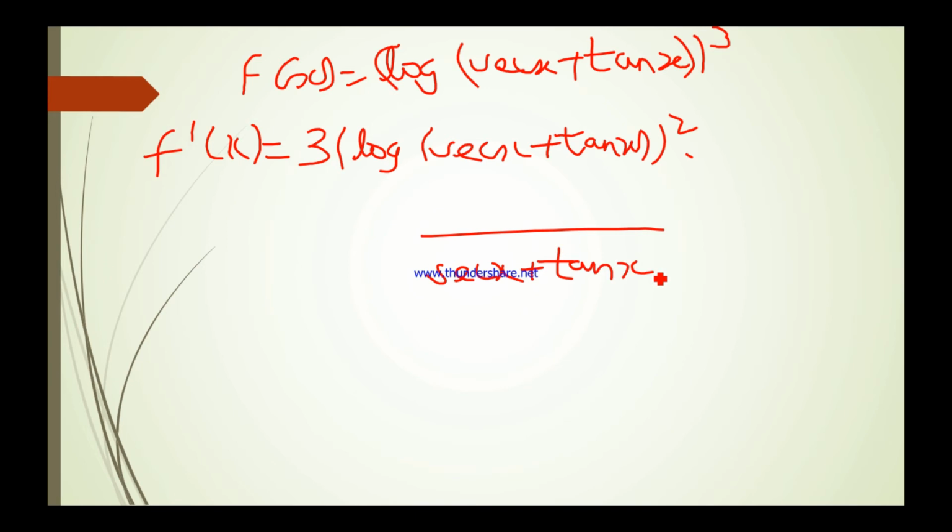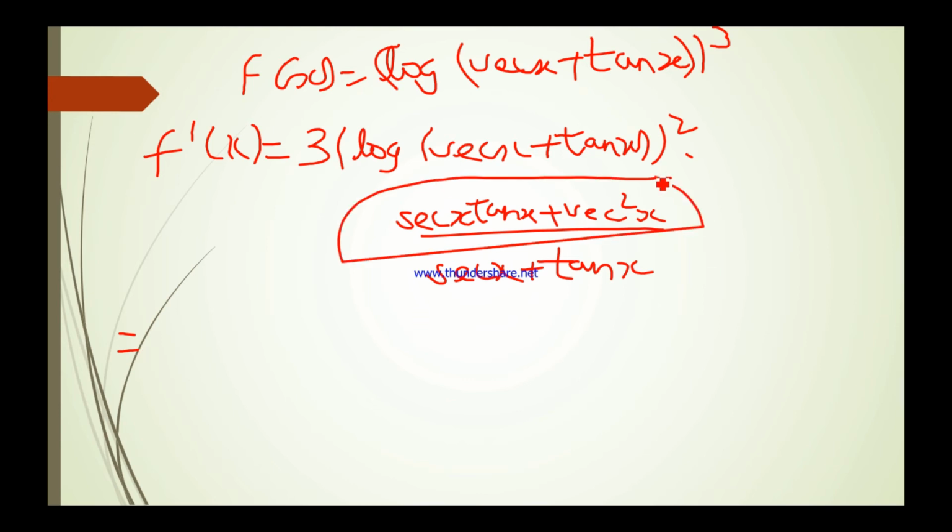So next, now we have to differentiate what is inside the bracket, that's sec x plus tan x. So we'll get sec x tan x plus sec square x. So what we will be getting is that we can take sec x common outside, and we can write sec x plus tan x as 1 plus sin x by cos x. I'll just show how. I'm just looking into this function right now, so that's what I'm going to simplify.